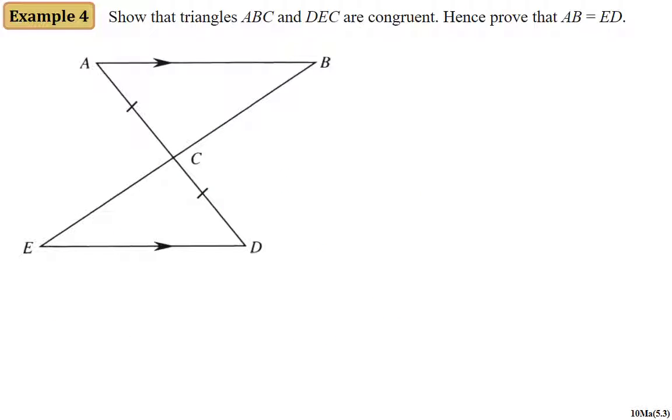Let's go to example number 4 now. With example 4, I have to show the triangles are congruent. Well, I do have some parallel lines, so that's going to help me. If I look at AB, so we know AB is parallel to DE. So that's given because I've got the arrows on those two lines, which means because they're parallel, I'll see some alternate shapes. If I can see a Z shape there,